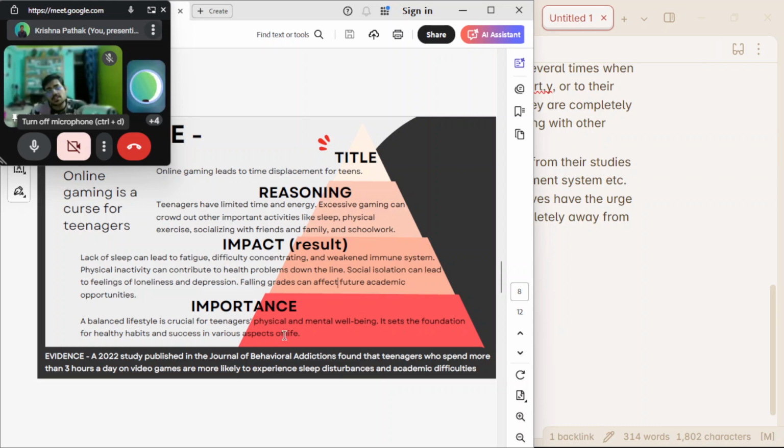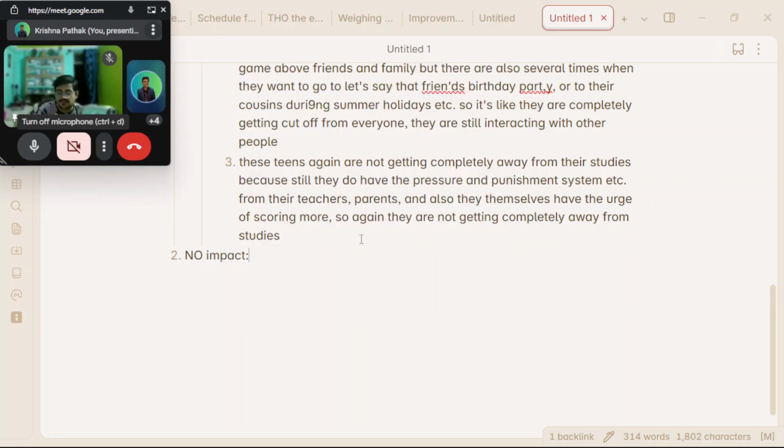It sets the foundation for healthy habits and success in various aspects of life. ये इन्होंने अपनी इम्पोर्टेंस दी है। अब इस इम्पोर्टेंस के लिए मैं क्या करूँगा? हाँ, मैं ये नहीं कहूँगा कि ऐसा नहीं होना चाहिए, मैं कहूँगा हाँ, बैलेंस्ड लाइफस्टाइल टीनेजर्स की लाइफ में बहुत ज़्यादा ज़रूरी है। लेकिन मैं इनके इस इम्पोर्टेंस को ऑप्ट करूँगा, या फिर जैसा हमने पहले समझा था, इन-एक्सक्लूसिविटी दिखाऊँगा। मैं कहूँगा कि कैसे ये बैलेंस्ड डाइट और ये बैलेंस्ड लाइफस्टाइल can still be achieved